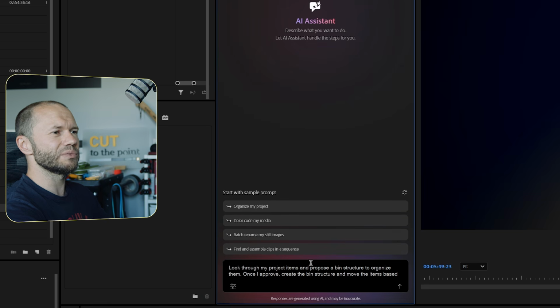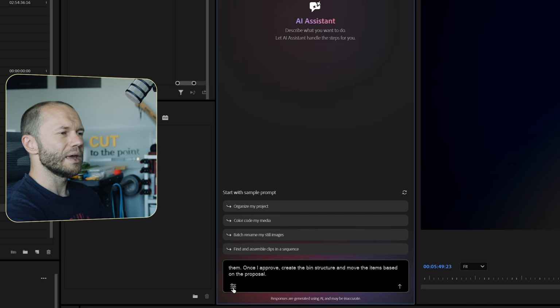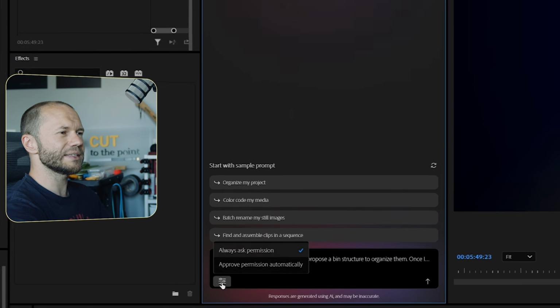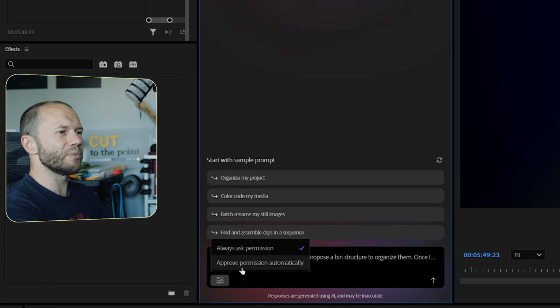And now it shows me the full prompt. Look through my project items and propose a bin structure to organize them. Once I approve, create the bin structure and move the items based on the proposal. Okay, let's see what this button over here does. Always ask permission, approve permission automatically. Okay, so we should go probably with the one to ask permissions, but I will actually go with approve permissions automatically